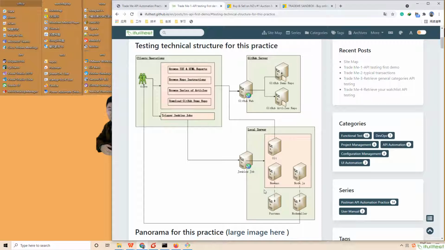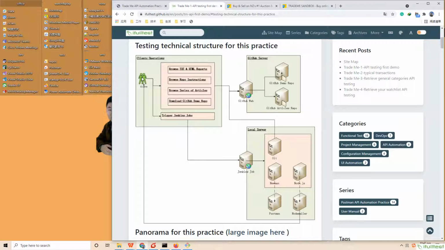Then we continue to use Jenkins to invoke Git to push reports to GitHub. Finally, we use Jenkins to trigger the Node.js script to invoke the email function to inform stakeholders about the reports.